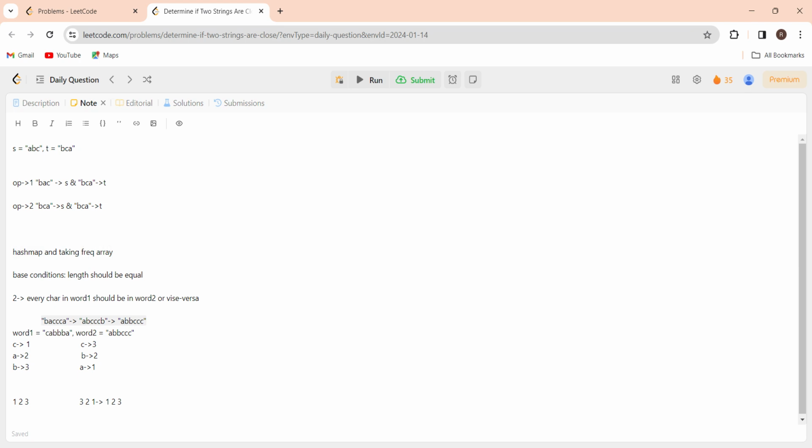There will be constant space if you use a frequency array, because there are only 26 letters. We are only using lowercase English letters, and 26 is a constant space only, so we can consider it as constant space. We will be using O(1) constant space here if you use a frequency array. I will be explaining the solution with this frequency array only, and